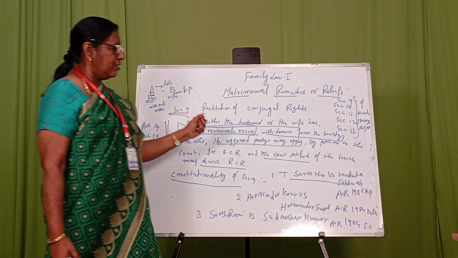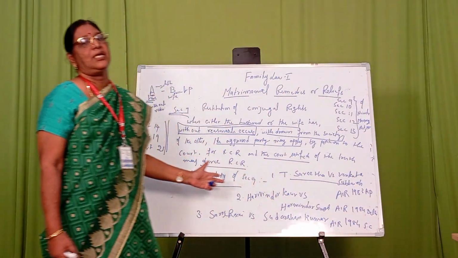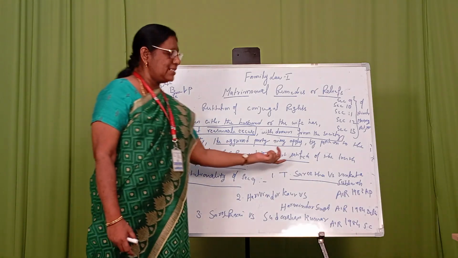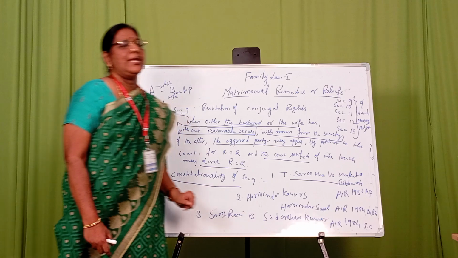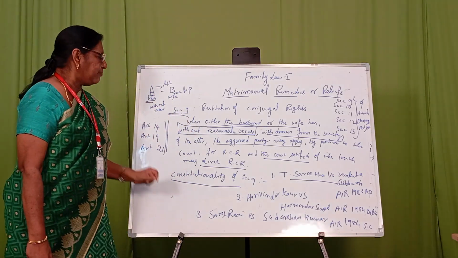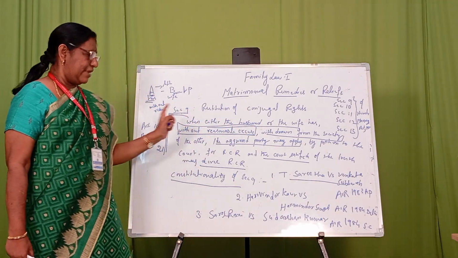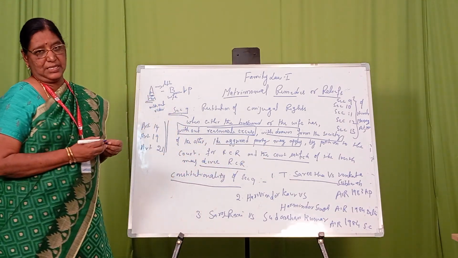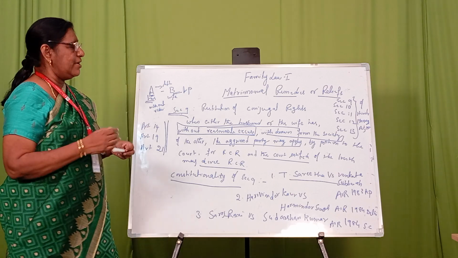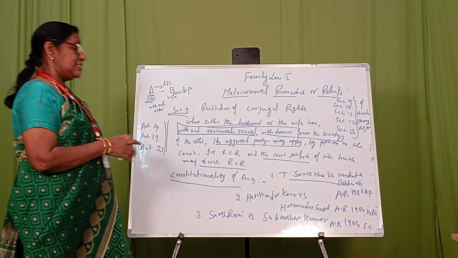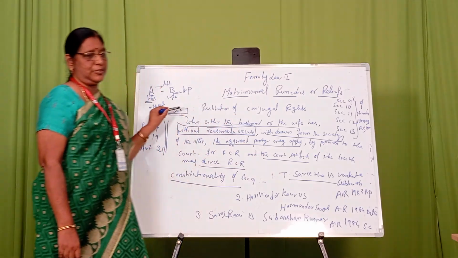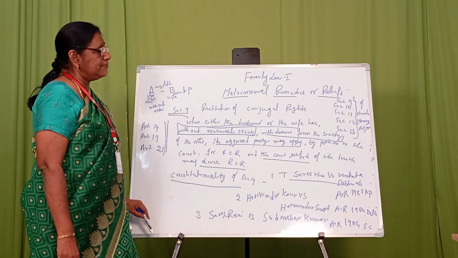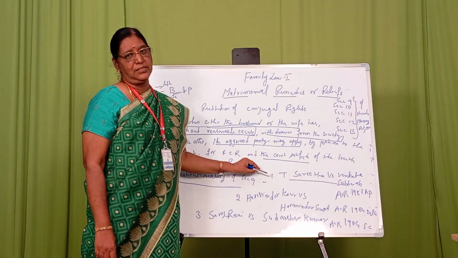Once the court read the statement made by Venkat Subbaiah, and the court thought it was true, it directed Sarita to go and join Venkat Subbaiah. So here a decree of restitution of conjugal rights was given in favor of Venkata Subbaiah. After this decree was given in favor of Venkat Subbaiah, Sarita moved to the AP High Court. In the year 1983 she moved to the AP High Court,